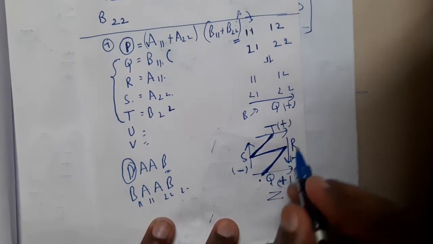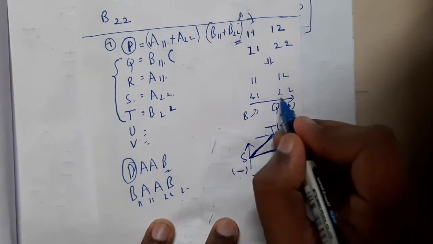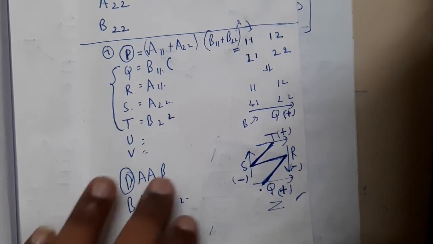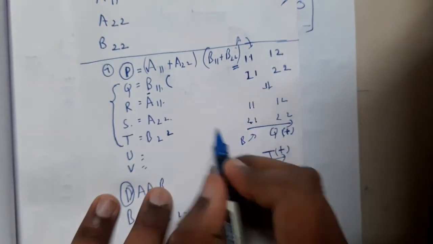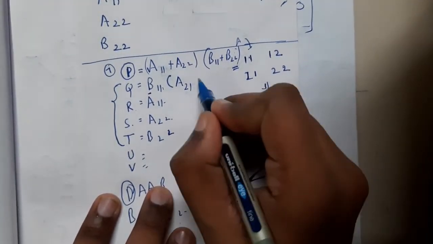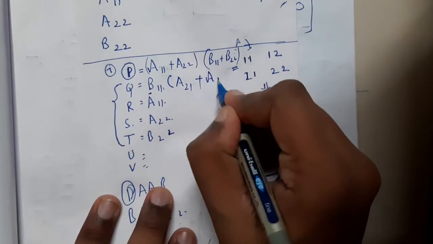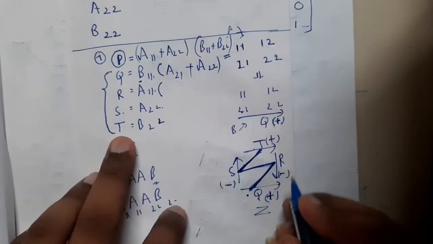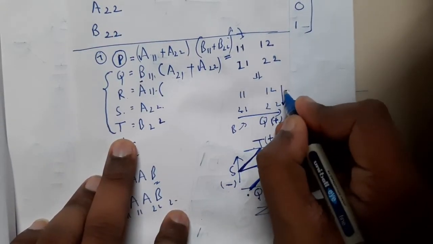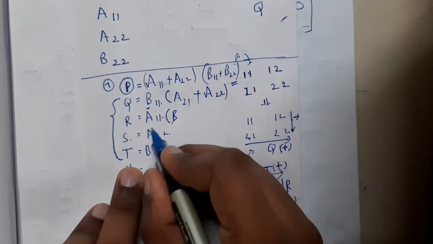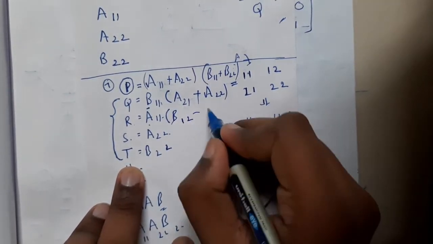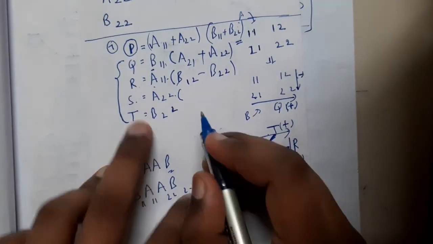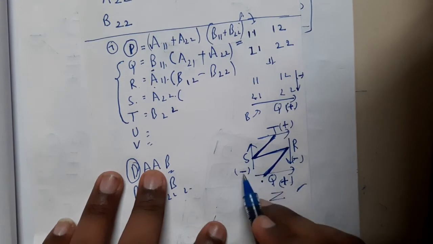Okay, so you'll be assuming it as positive. So for a21 and a22, the direction is positive. So here it is having b, so write a21, it is positive, so plus a22. Clear? Okay. Similarly, a11 is nothing but r. I told downwards, and that too it is negative. So it will be b12 minus b22. Clear? Okay. Similarly for s, it is nothing but upward and negative.